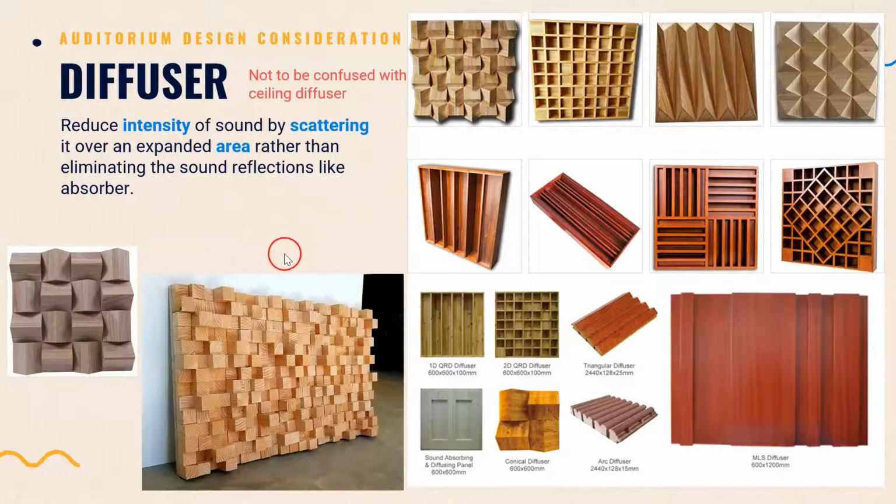Since the second part of this lecture on sound and acoustic, we have seen the big convex reflector as diffuser. So these are the diffusers that work with similar principle as the big ceiling diffuser just now, but in smaller size. There are a few types here. I believe you already seen some of these. For example, maybe this one. If not, now that you have learned about this, you can observe a hall or meeting room or study room at your hostel, and see if you can spot these diffusers.